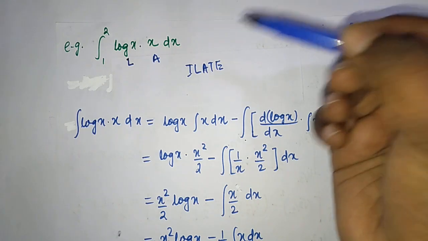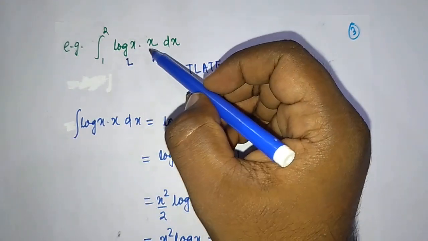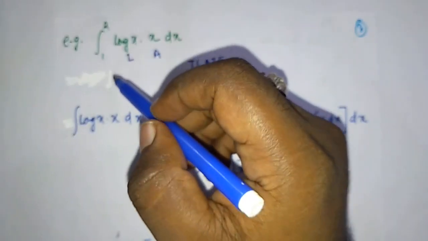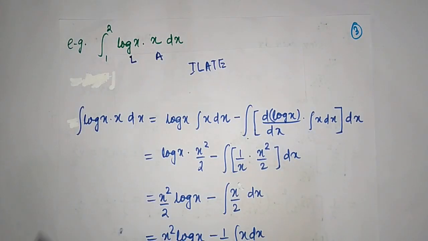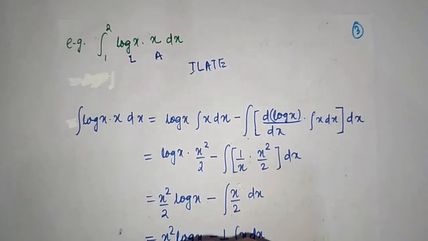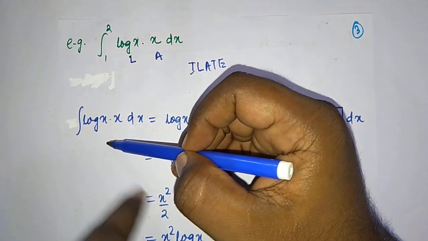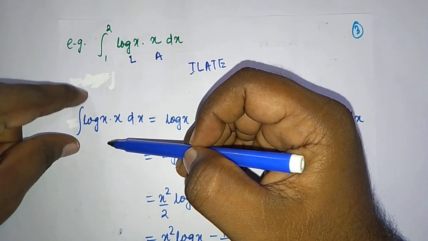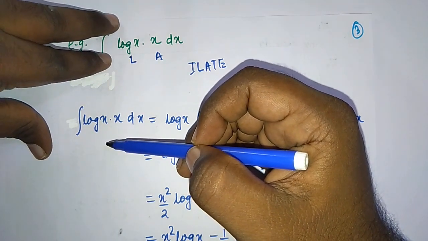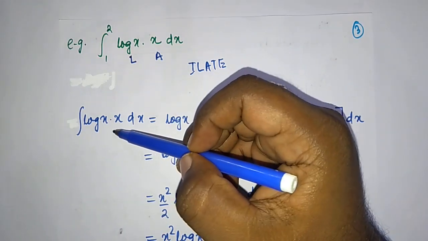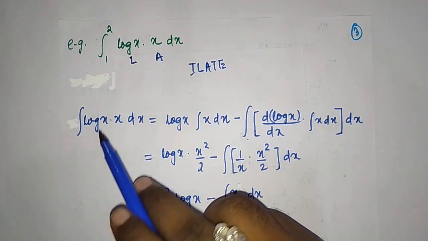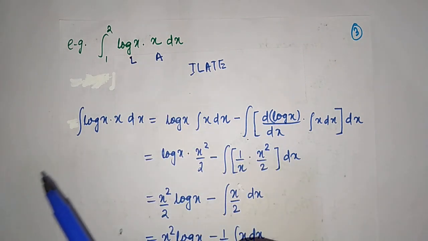Now when you get this type of question, first you have to solve its indefinite integral. If I remove these limits, then it will become an indefinite integral. See here I have done it. Here I have not taken the lower limit and upper limit. If you do not take the lower limit and upper limit, you will find an indefinite integral. Okay, first solve its indefinite integral. Okay, here I have solved.